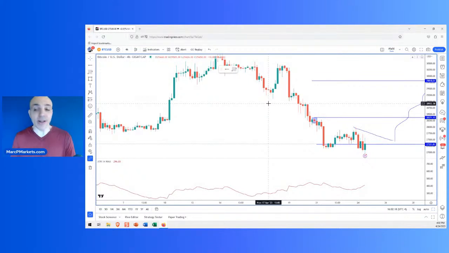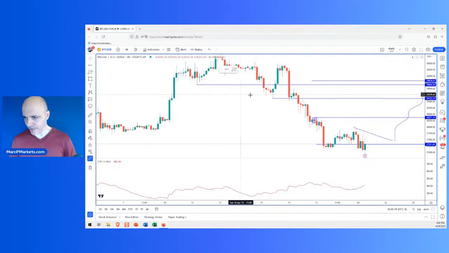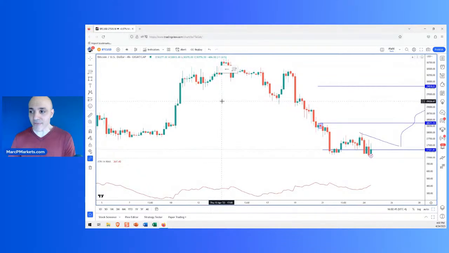Which one is better? In my opinion, the better one to use is obviously physical structure, physical levels, because physical levels, like I'm highlighting here on the chart, are places where order flow has transpired. The ATR is just a formula, and it may not call a level where order flow has transpired recently. Does that make sense? So I'm giving you this routine because it can be helpful.